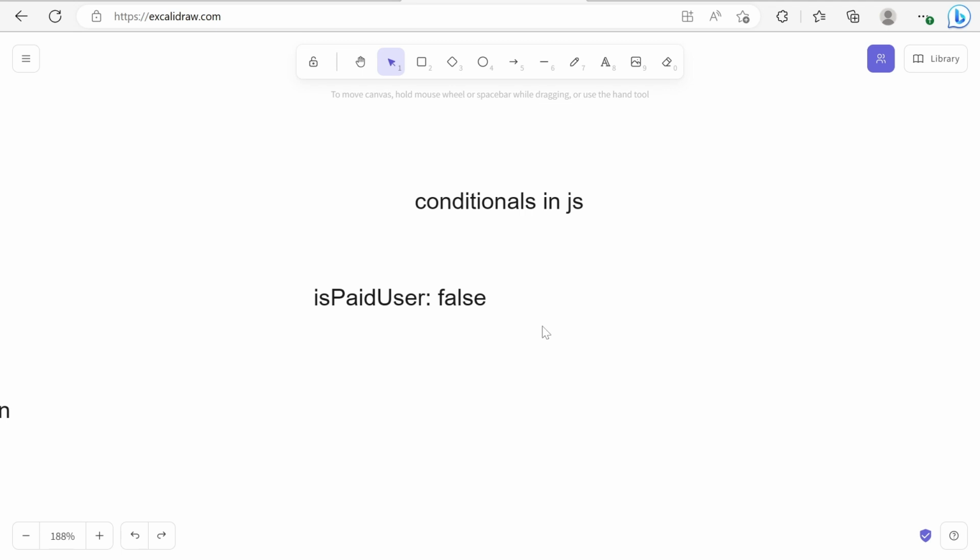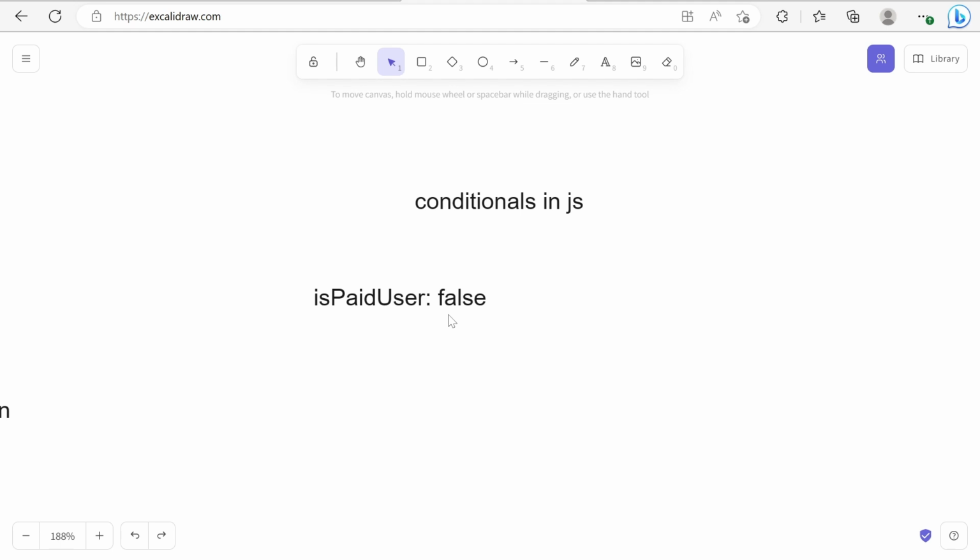In this example for excalidraw.com, there is a free plan and a paid plan. Whenever I am accessing or refreshing excalidraw.com, from the database it will get my user details, and it should have a flag like is paid user.